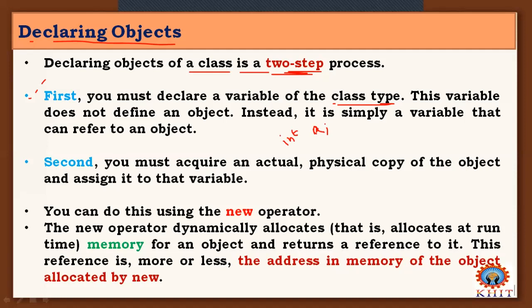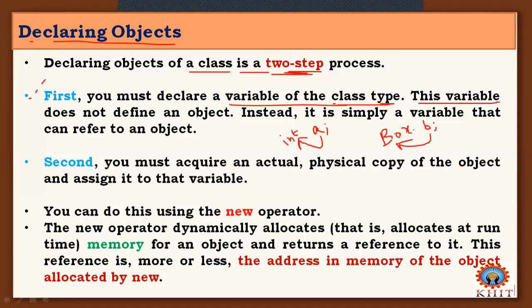What it means here, a is a variable of type integer. The same way, we must declare a variable of type class type. For example, box is a class name and is a new type, followed by b. Now here b is a variable of class type box, nothing but object.